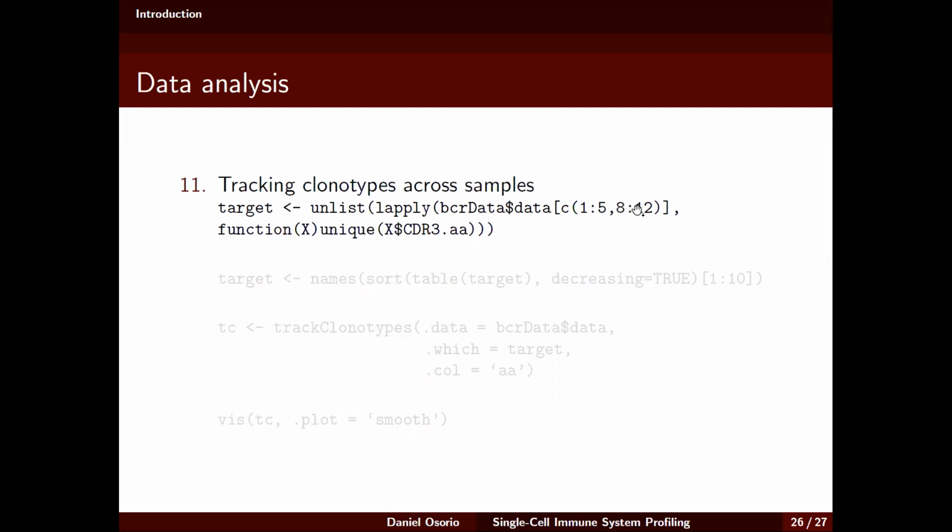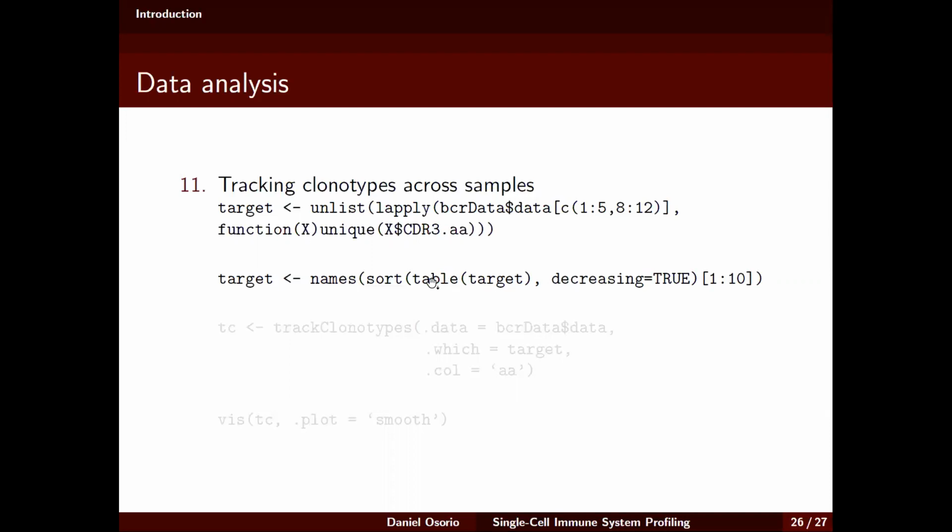And what I want to get is all the unique amino acid sequences of the receptor that are reported by Cell Ranger. Once I get all the unique sequences, I can do a table to identify which one of them are the most